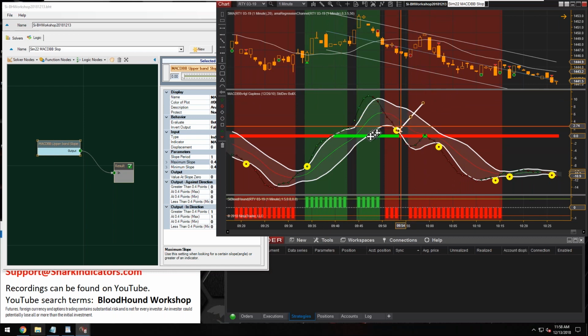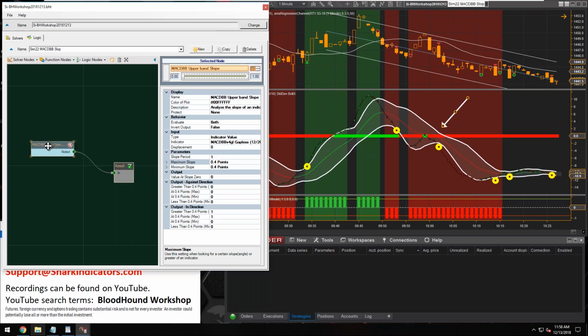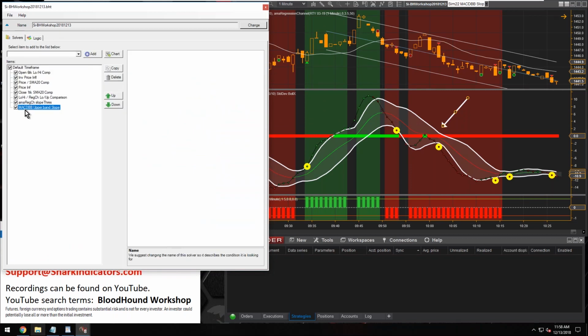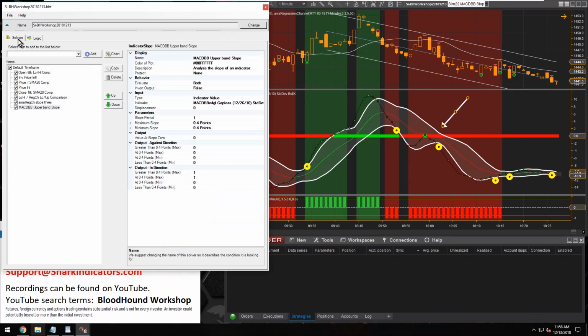And since the Bollinger has two bands, if you wanted to check both bands at the same time, what I'm going to do is go to the Solvers tab here and select our MacDBB slope solver,